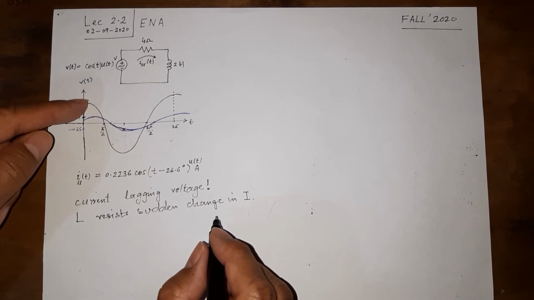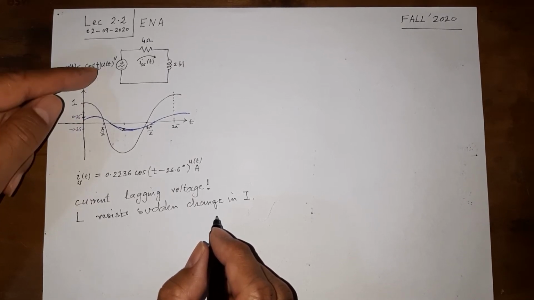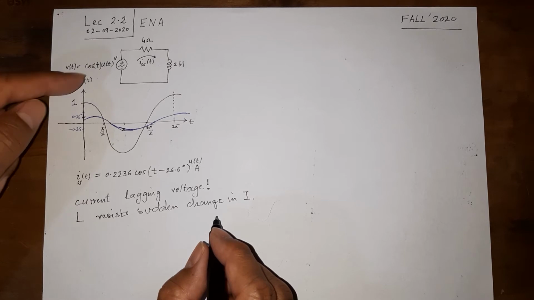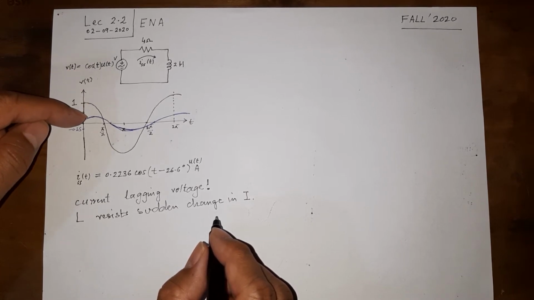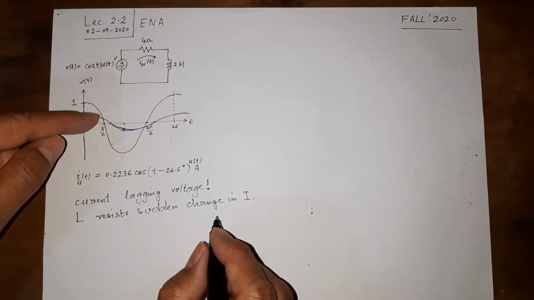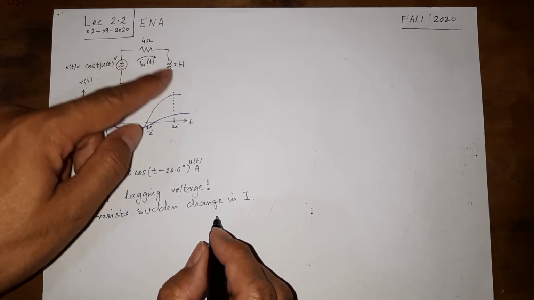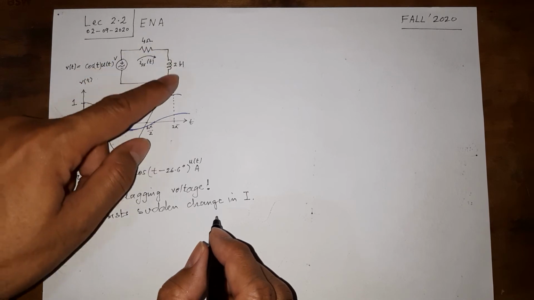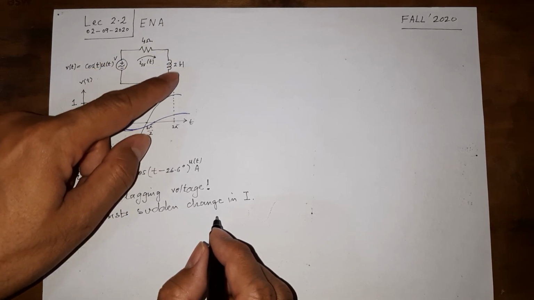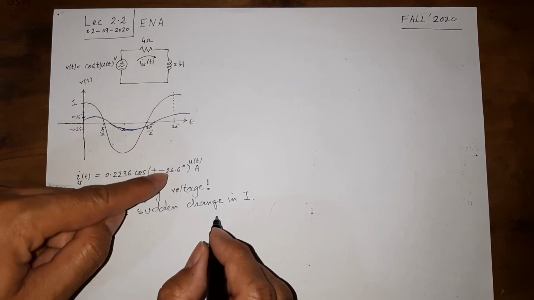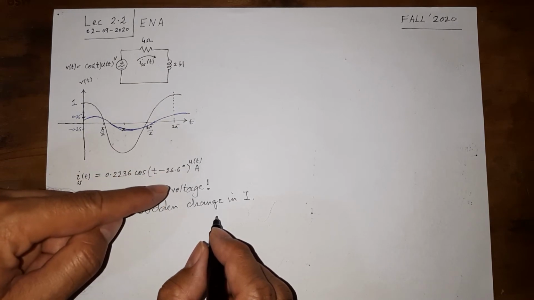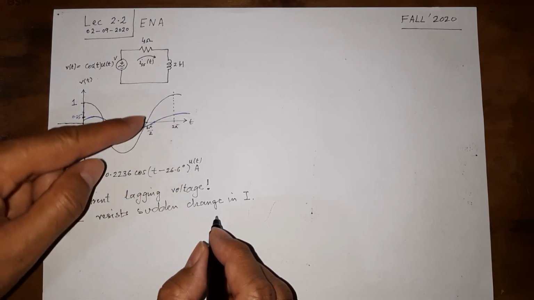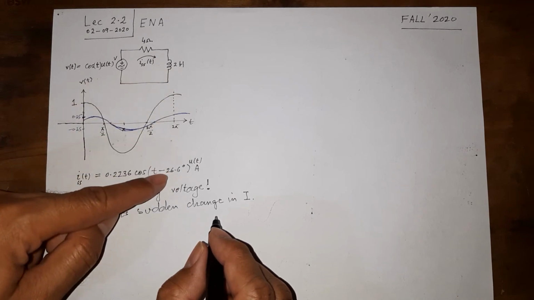So while this forcing function wants the current to be peak here because it is peak here itself, the inductor says no, I will come to the peak later on. How much later depends on the value of these two components. So it is 26.6 degrees for these two values. So if we increase the value of inductance here, my gut feeling says this lag is going to increase. And if we decrease the value, this is going to decrease.